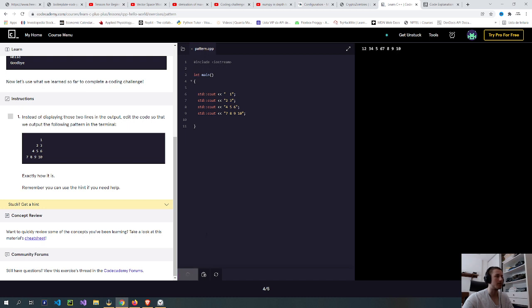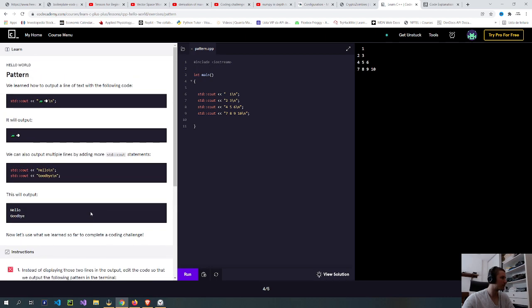Oh, let's see if this passes. What? Oh, that's interesting. I was just putting them together and I'm not using the endline. I think it's like this. Let's run now and see what happens. Yeah, so now I just have to align them, but they didn't say anything about aligning.